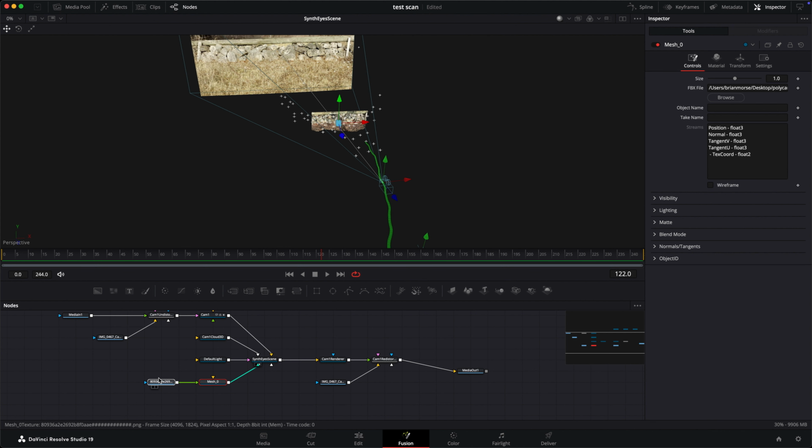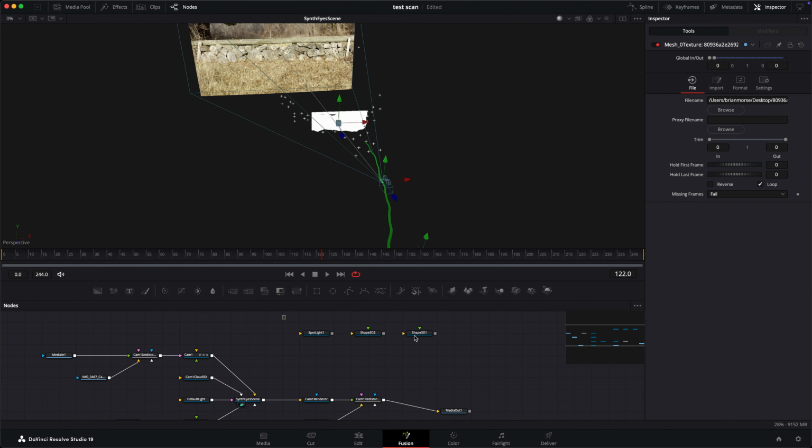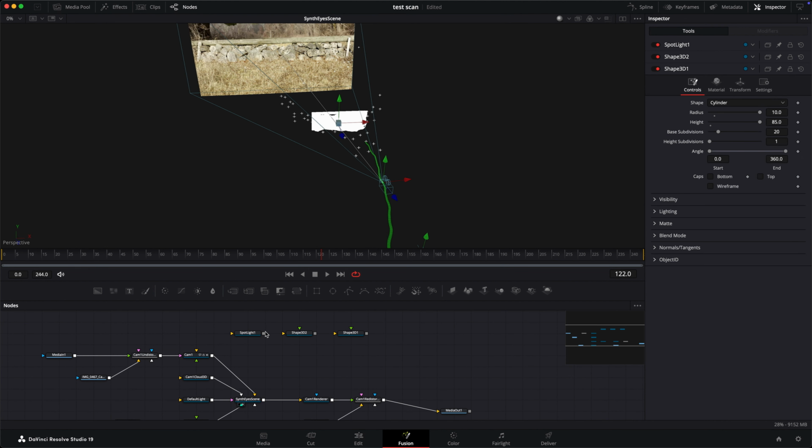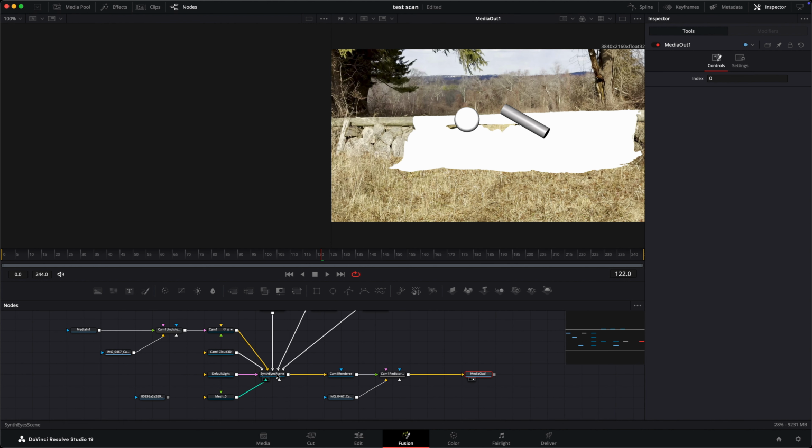So we don't need the texture. So I'm going to undo the texture and make this all white. And then I have a couple shapes just so you don't have to watch me line this up. So we got a spotlight, we got a shape, and another shape. Let's split the view. I'm going to put the media out over here, and then we'll put the 3D scene